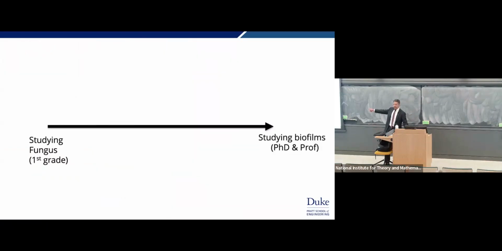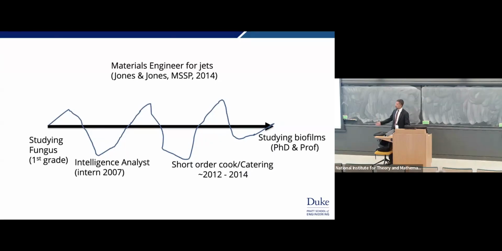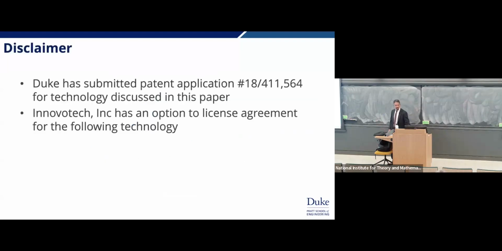So that's my lab in a nutshell. But this was not the path. So for any postdocs or PhD students in the room, this is not how I got there. Right? I did not do that. I did random stuff. I wanted to be an intelligence analyst briefly. I wanted to do materials engineering for jet design. Let's see what else. I was tempted to be a short order cook, right? Going through graduate school, typically the alternative career is baking, right? So I catered for like 500 people once. It was awesome. But yeah, didn't do that. Did some other crazy things. Yeah. So that was me. Not a linear path at all.